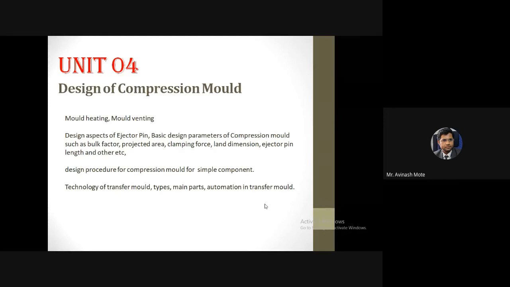Mostly what happens, maybe you have studied it in machine design, that the temperature factor is not considered. You are going for a simple plain design. Even that designing is very complex, as you have studied in machine design.